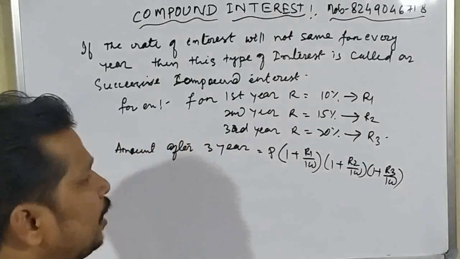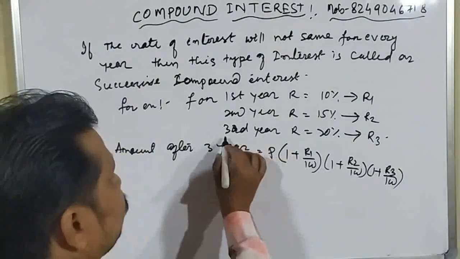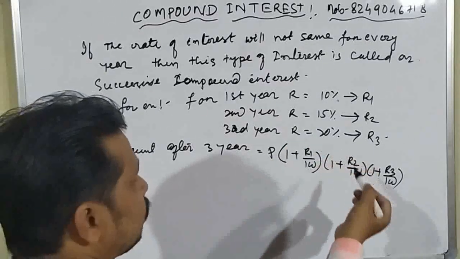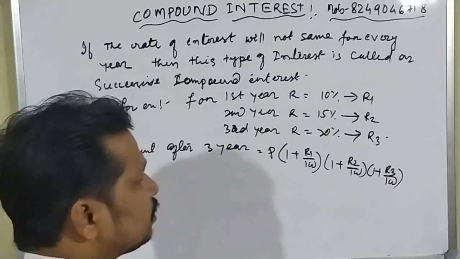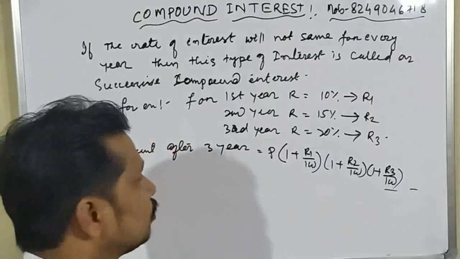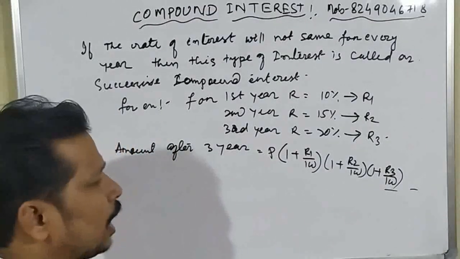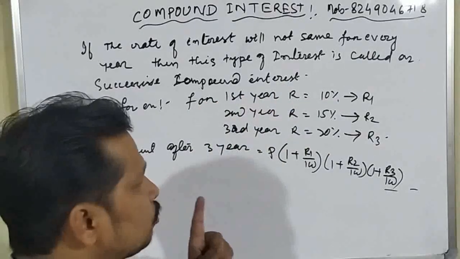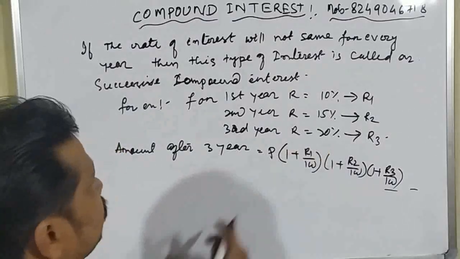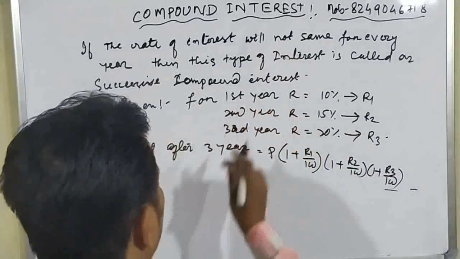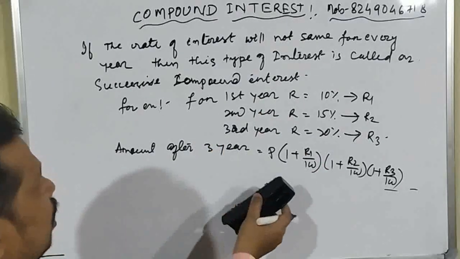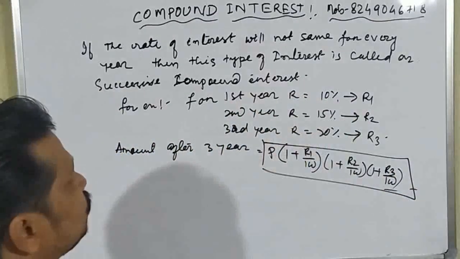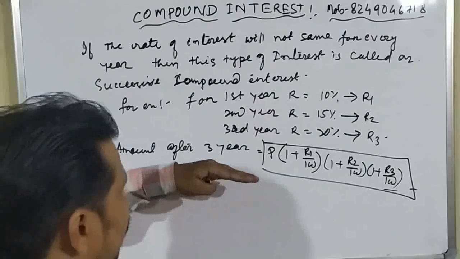Okay, student? And if it is given for the fourth year, if the rate of interest is any other rate, suppose 22% or 20% or 18%, then again we can continue these things. Okay, students? So in this way we have to calculate. And here the compound interest is calculated as compounded annually. Okay, student? So if the time will change, then how will we write the formula? This is for every year. If every year the rate will be changed.